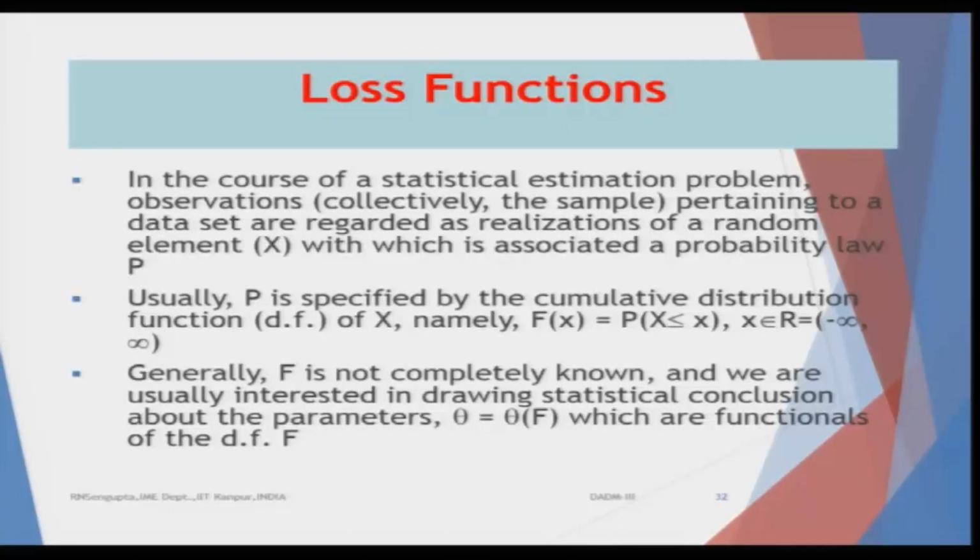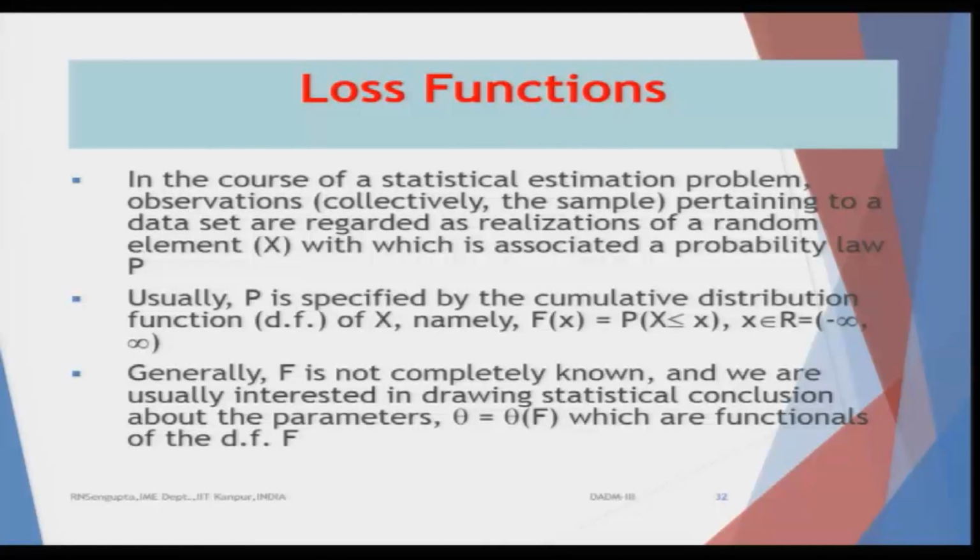Now, whenever you find a sample, our main interest is to study some characteristics of the population, and if the population parameter values are not all known, we have to take a sample in order to find out some characteristics of the population by using the estimates from the sample. There are different types of studies which can be done, but our main concern is that when you are taking a sample or the set of observations, those should be chosen and combined in such a way as to calculate the best estimate of the population parameter such that the error is minimized. So, what is the error? That would come out in different situations.